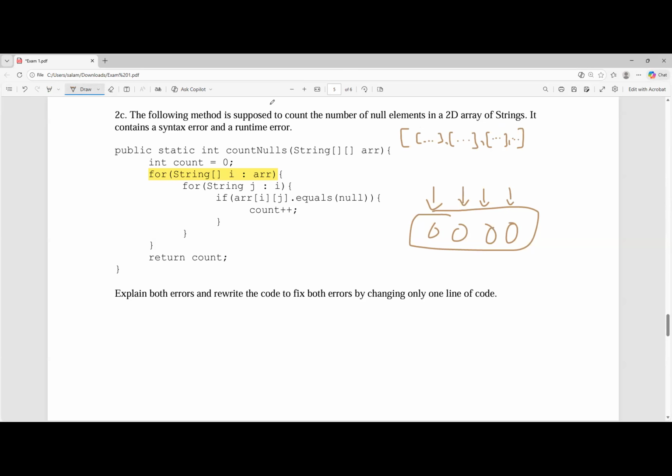If I'm not mistaken, I could be wrong here, this is saying for each array in this array of arrays. So it's like this is i, first array, second array, dot dot dot. Right? So I think that could be good, but the issue, if you look at it,